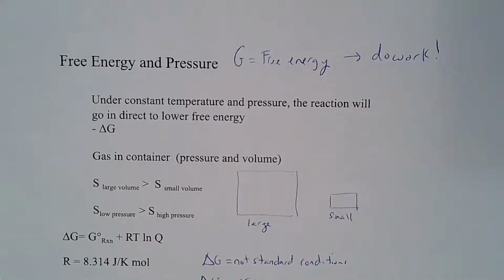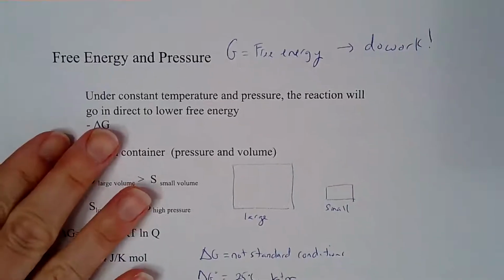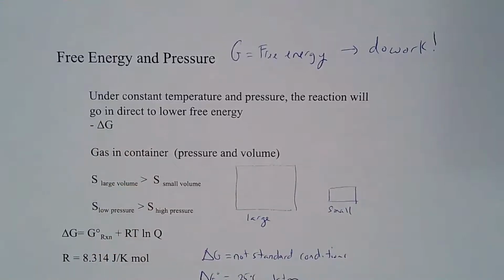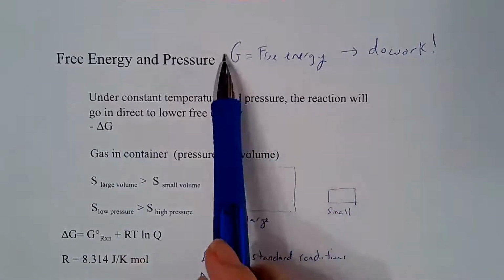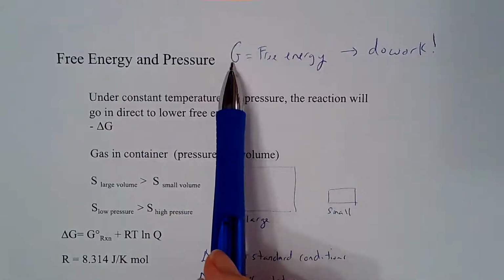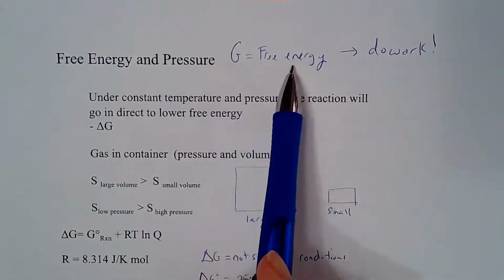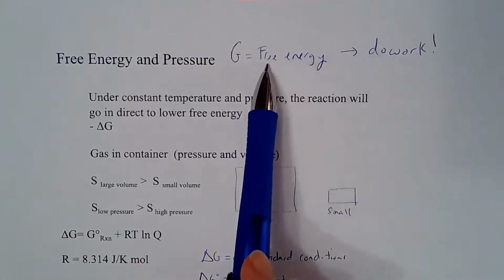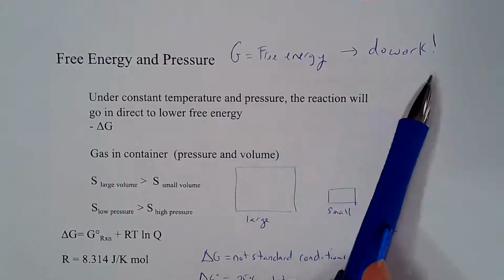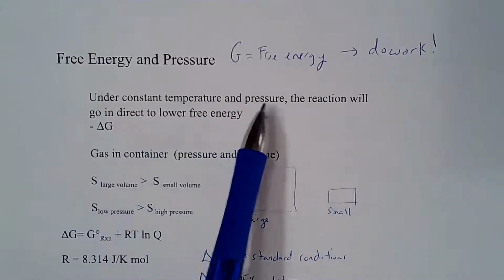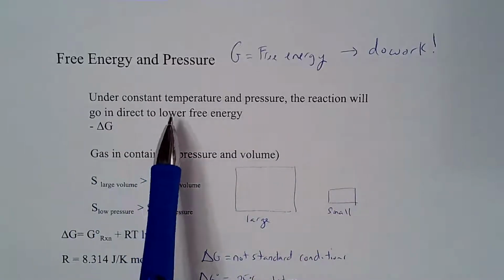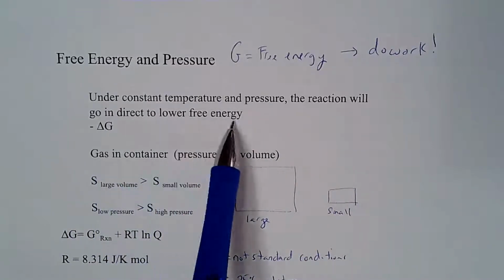So again, chapter 19, I want to finish up with two finer points on this. One is the relationship between free energy and pressure. Please remember G is Gibbs free energy, and free energy is available to do work. Under constant temperature and pressure, the reaction will always go in the direction to lower free energy